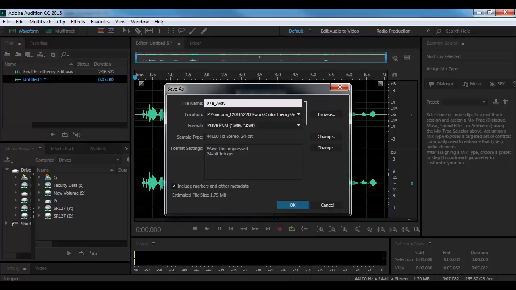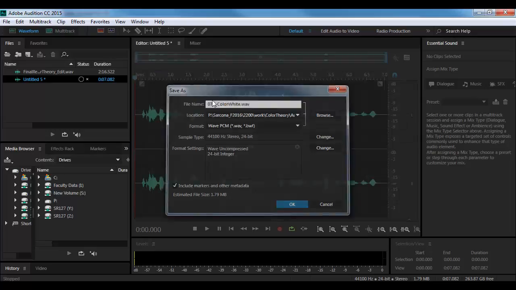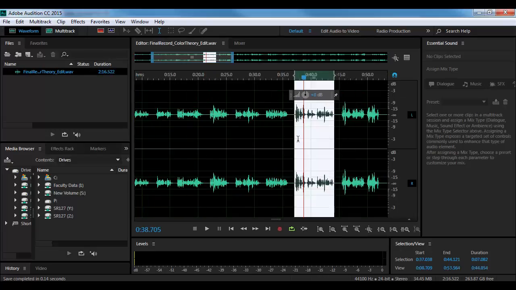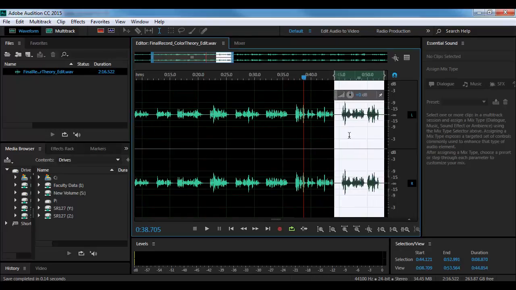07A, color white. Okay, that way I know that 07 is all those colors, and A is just the first one. It's the white color that's in there. Then I close it, and then when I do the next one, which is black,